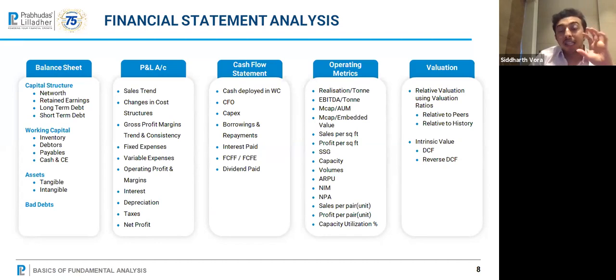After you have a detailed idea, okay, what is the capex intensity? How much does the company need to borrow on a regular basis? Is the company repaying its borrowings on a regular basis? Is it able to generate enough free cash flow for shareholders like you and me? Once we have a grip on that, then we know, yes, this company is good, strong, clean, and transparent.